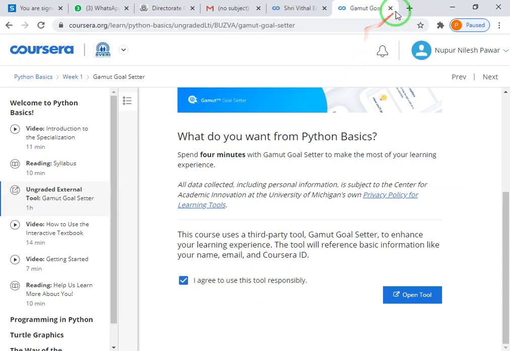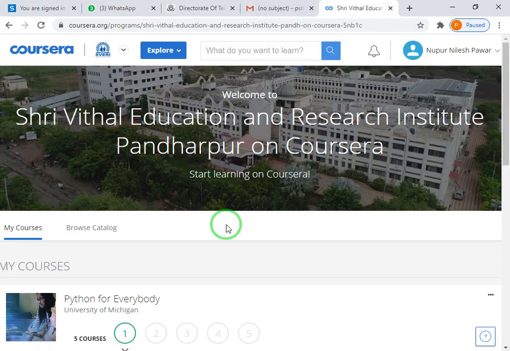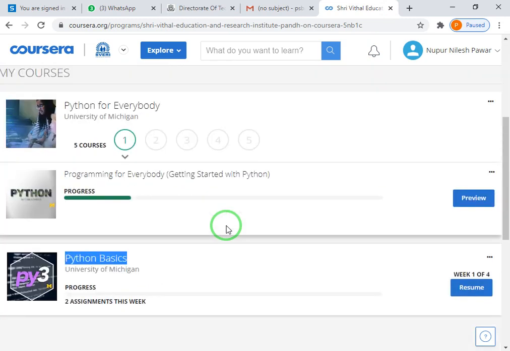Right, so in this way you can register for any course and you can complete your course, so that after completion of the course a certificate will be generated, that is the Coursera certificate.